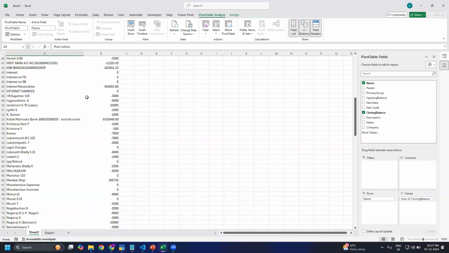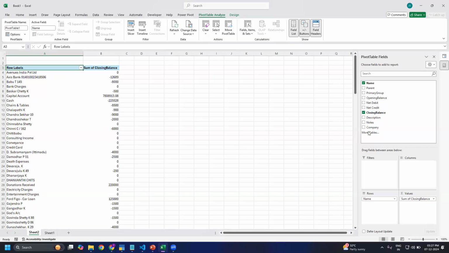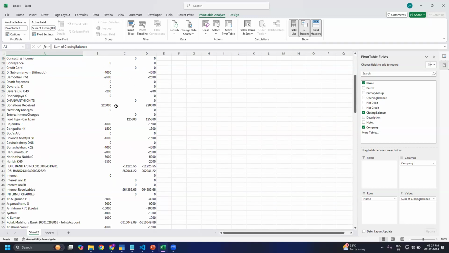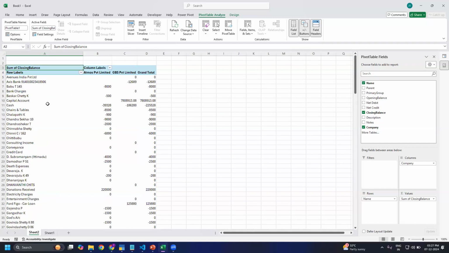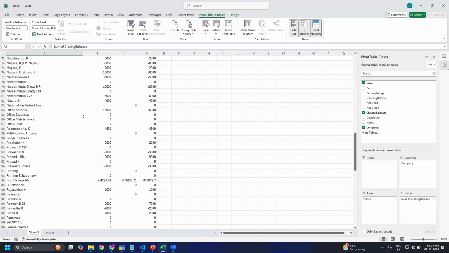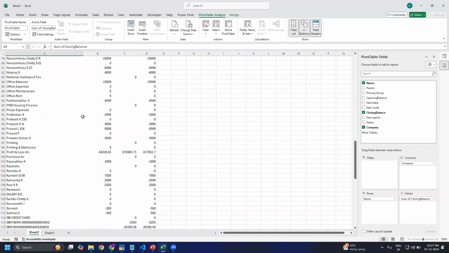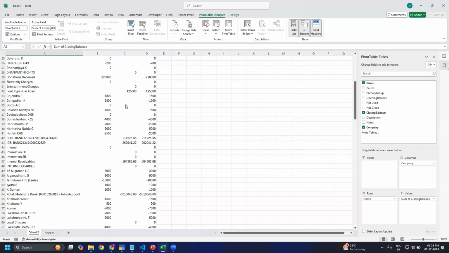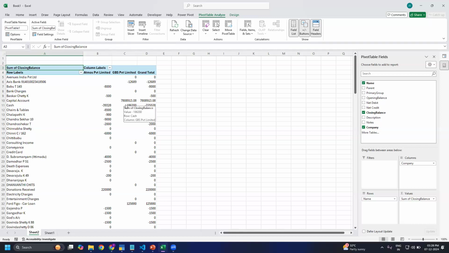Here we can see ledger-wise closing balance. In this, there is a company column. I will add this one to columns. So it gets separated company-wise, with ledgers, amounts, everything. So like this, we can extract multiple Tally company data into Excel through Power Queries, and we have another